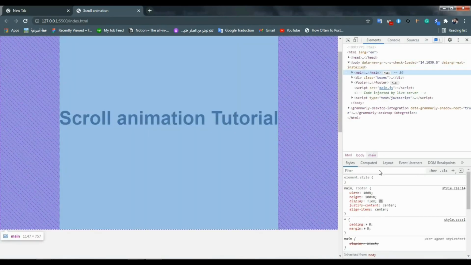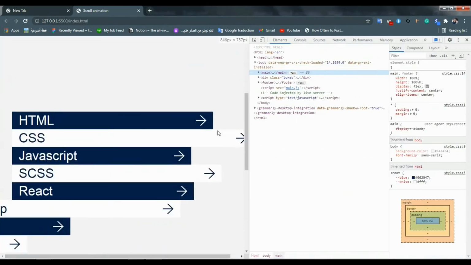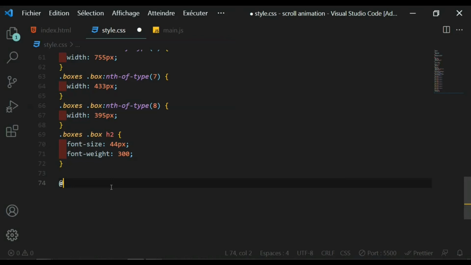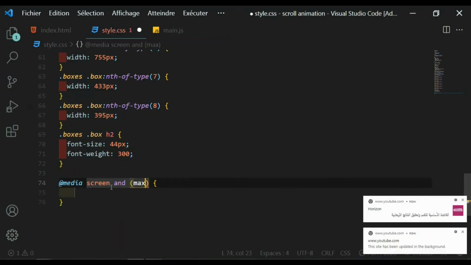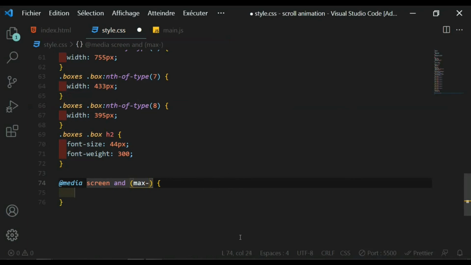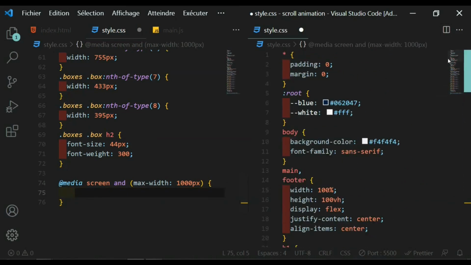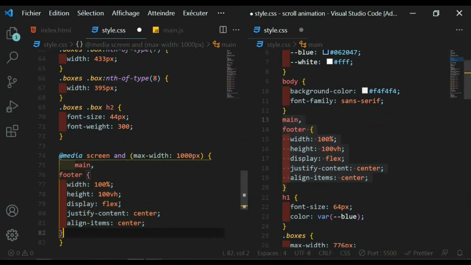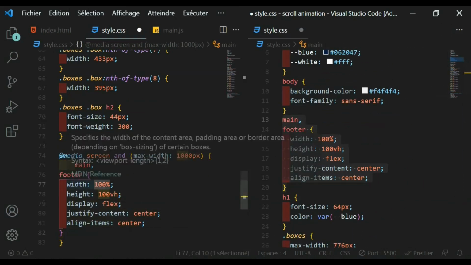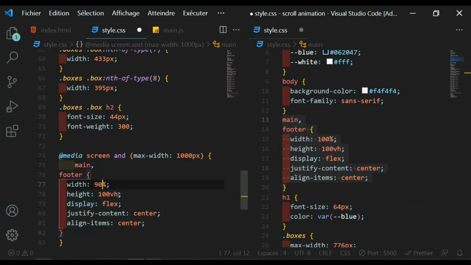Now let's make it responsive. So we have to add a breakpoint here. So media screen and max width 1000 pixel, main and footer with 90% to add some white space, and height auto and margin auto to center it, and add some top and